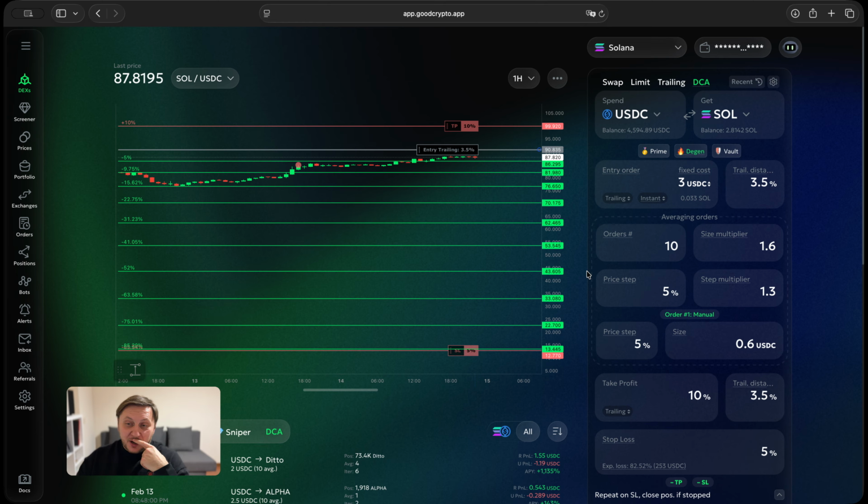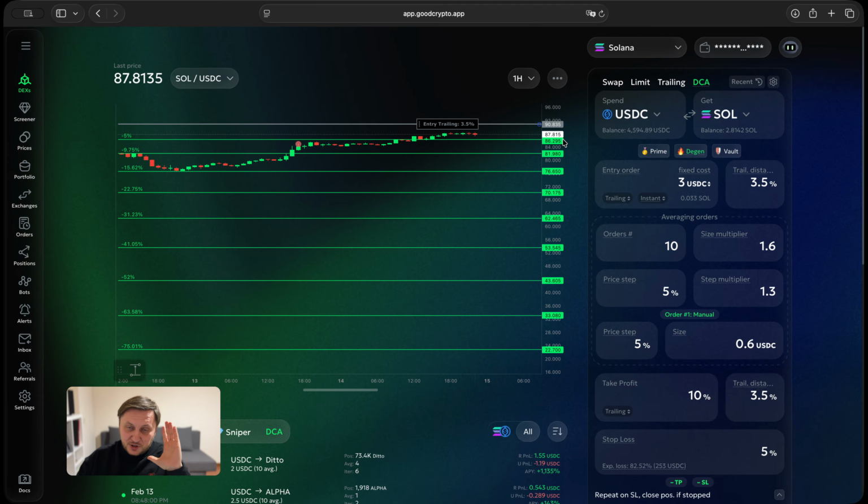One more thing to note is that besides changing the cost mode, we also found a small bug that we had probably for a while. If you don't want to get into the nitty-gritty technical details, you can disregard it. It's not that crucial, but for the more detail-oriented: we have a bug, which means that the step multiplier between the first averaging order and the second averaging order is always,